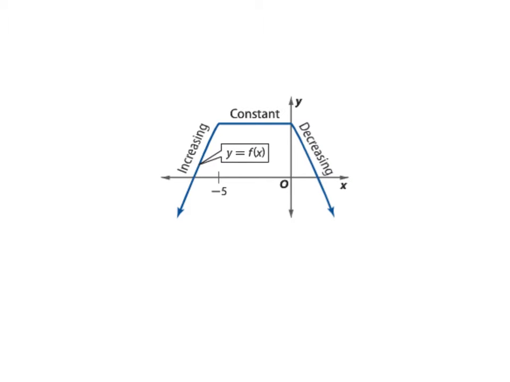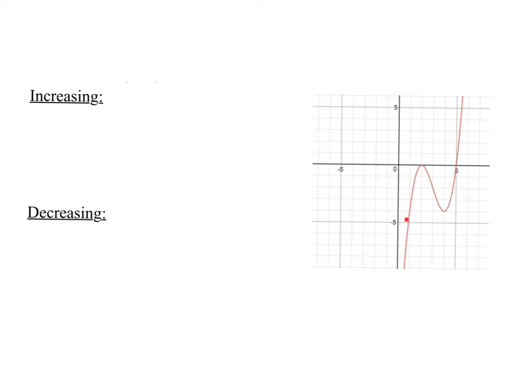So when I look at a function, there are intervals on which it's increasing, where it's constant, or where it's decreasing. And when I talk about these intervals, I'm looking at the x values for which the y value is either increasing, constant, or decreasing. So let's examine this polynomial function over here to talk about where it is increasing or decreasing. As I move from left to right on my x values, I'm increasing until I hit this point right here. My function then begins to drop until I hit this point, and my y values once again begin to